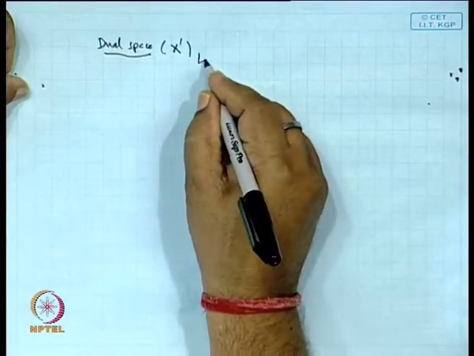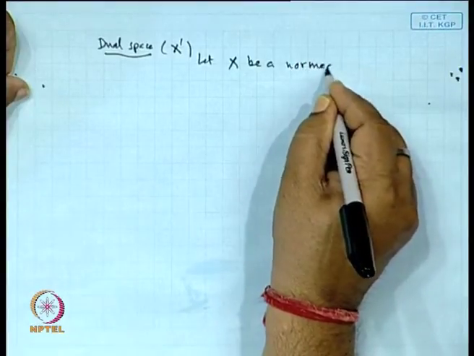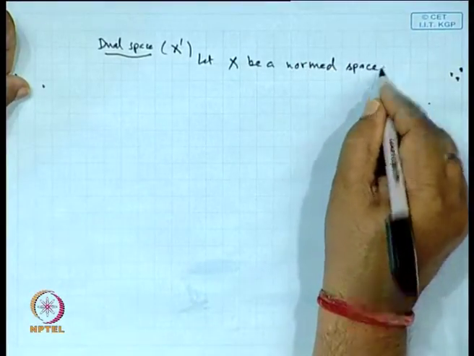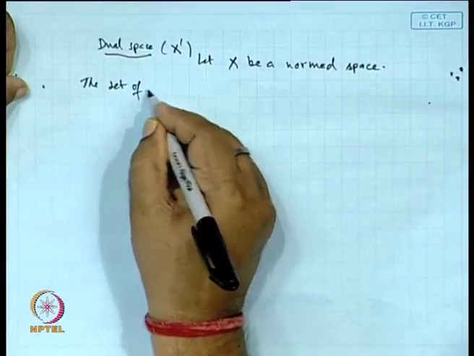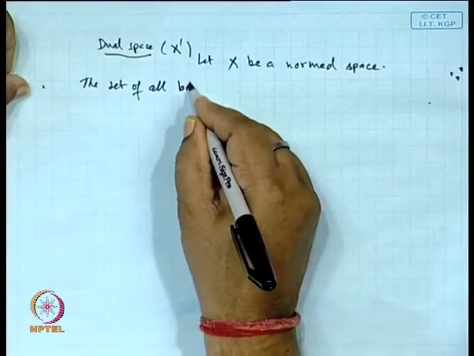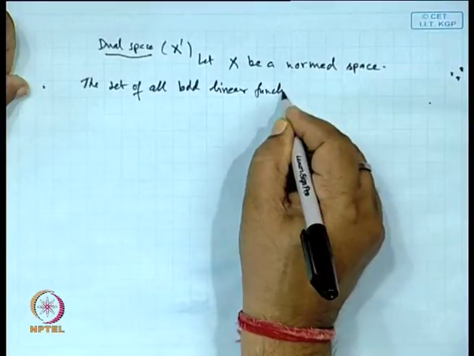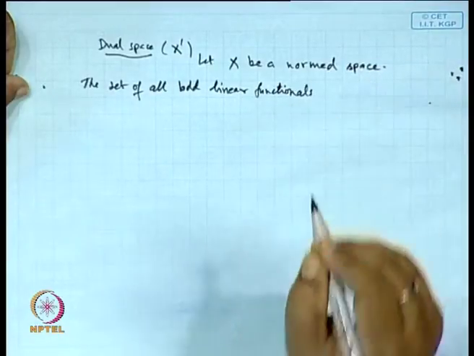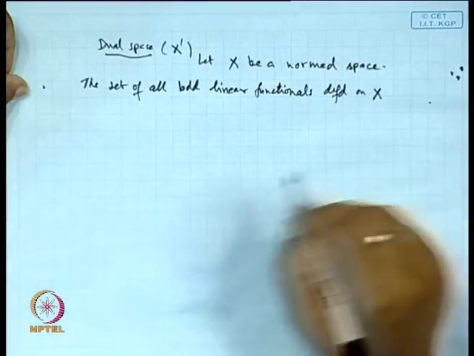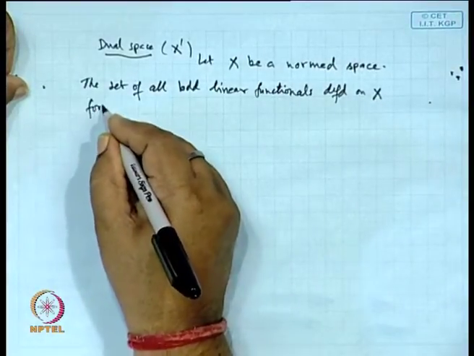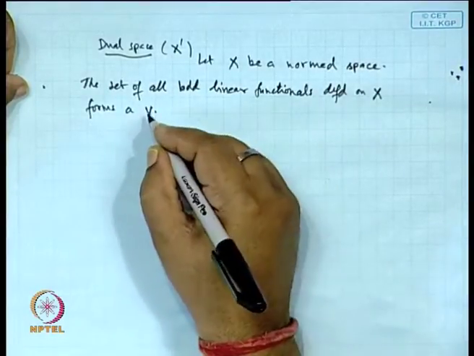Let X be a norm space, then the set of all bounded linear functionals defined on X forms a norm space